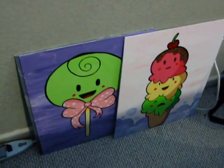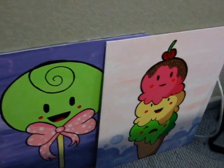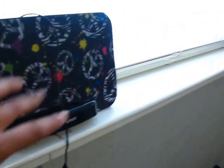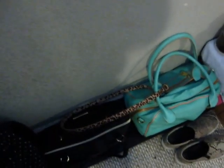My paintings, there's one that's kind of unfinished behind this one, but I don't want to knock them over, so I have to hang those up. Little thing to play music on. Then moving along, I've actually kept a